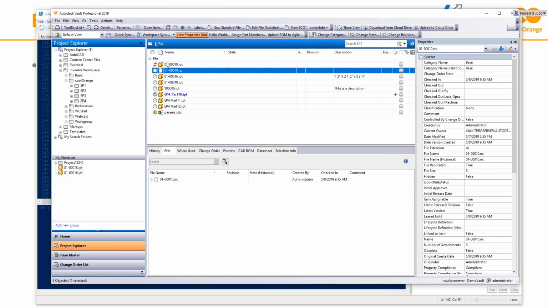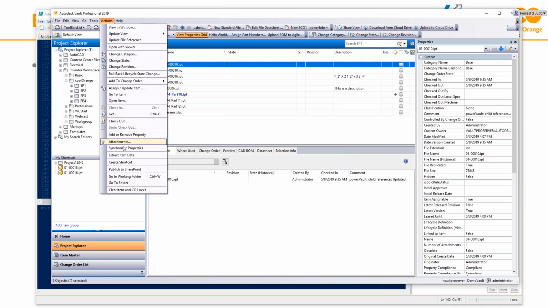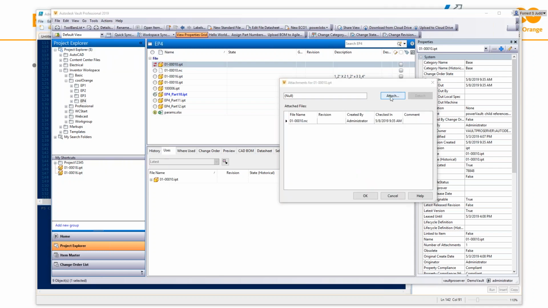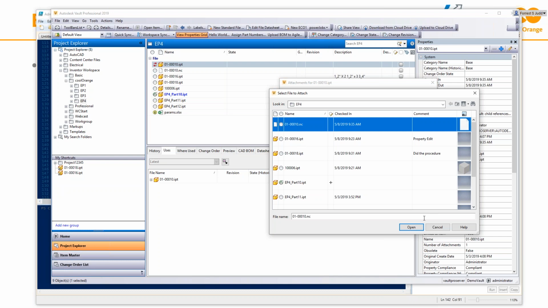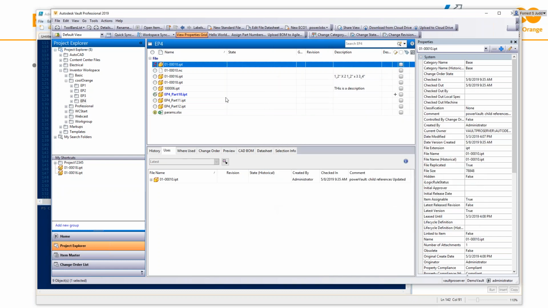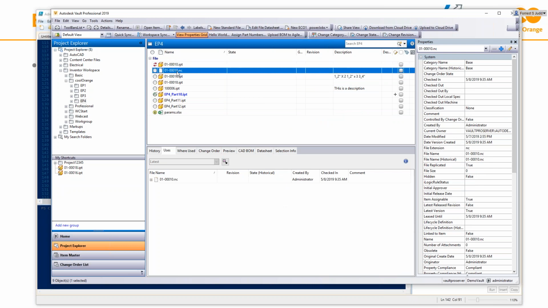Tools, actions, attachments, 3, 4, 5, 6 clicks, with 2 lines of code, right? And that's 6 clicks for every one of these files, plus someone could forget. Someone could attach the wrong file. Mistakes could be made,